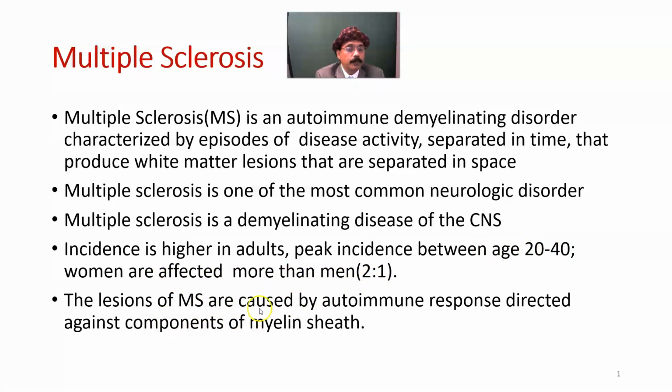The lesion of multiple sclerosis is caused by an autoimmune response directed against components of the myelin sheath. So it is a disease of the central nervous system with demyelination. Myelin is present around the axons in between the nodes, and that myelin will be damaged in this disease process. The exact cause of multiple sclerosis is not known, but it is assumed to be an autoimmune disorder with